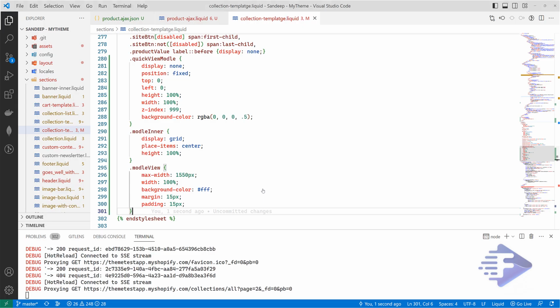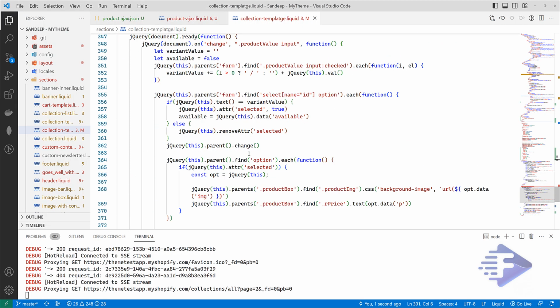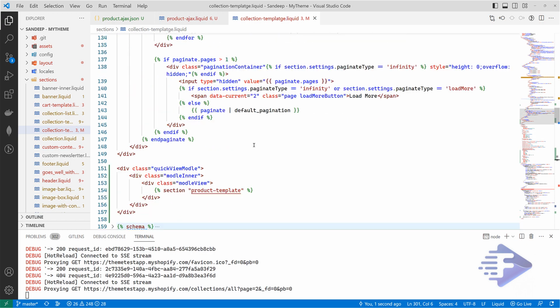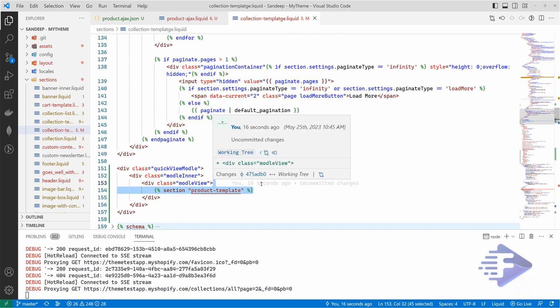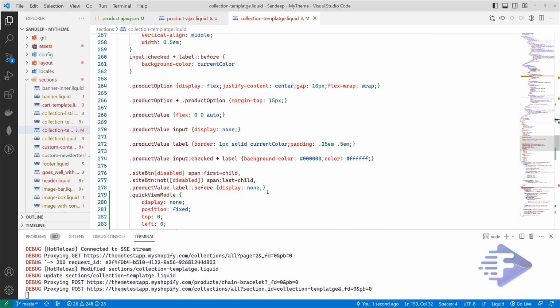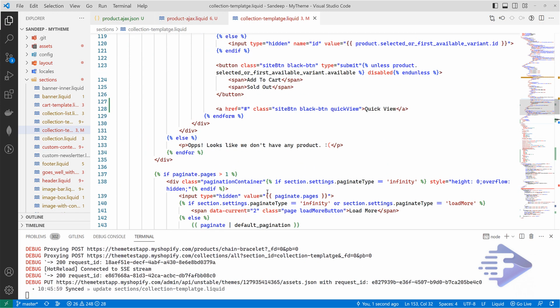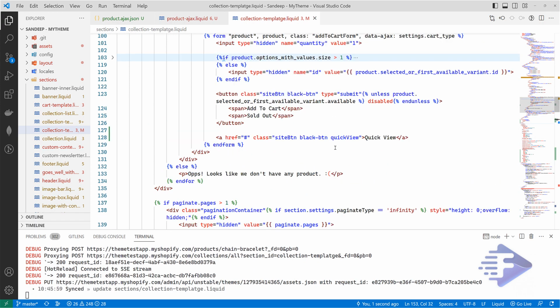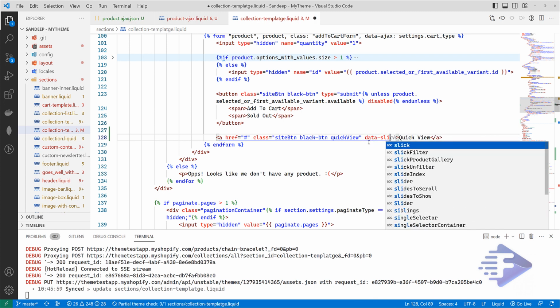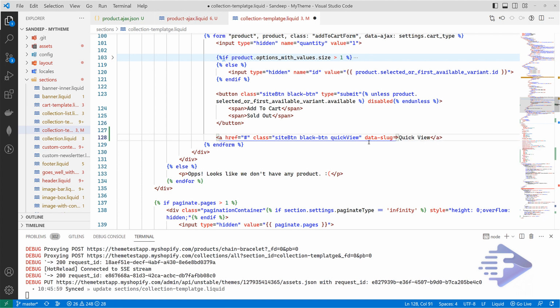So it's working now. The next thing we have to do, we have to remove this one first, and I'm also going to add data slug equal to product dot handle.